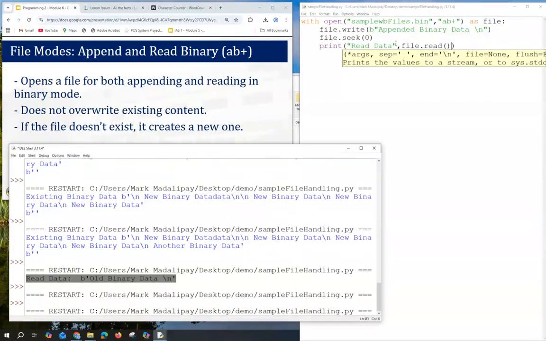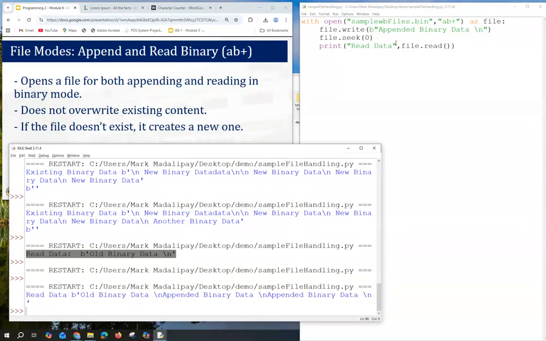Okay, save, F5. So there you have it. We appended a binary data already. So that's our AB plus.